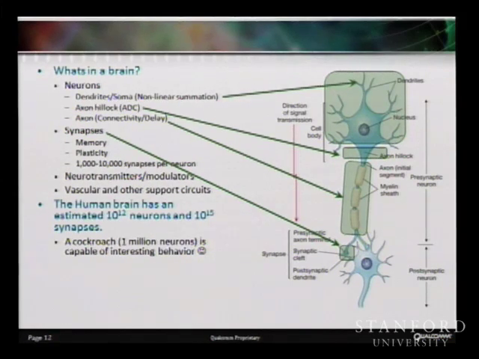So, just to acquaint you guys, here's a little cartoon on what's in a brain. Brains consist of neurons as cells, as its basic units, and each neuron has what are called dendrites and a soma, which is the cell body. And what happens is all these external connections come in. They inject charges into the cell membrane, and all that is summed up in a slightly nonlinear way, and that is passed on to the